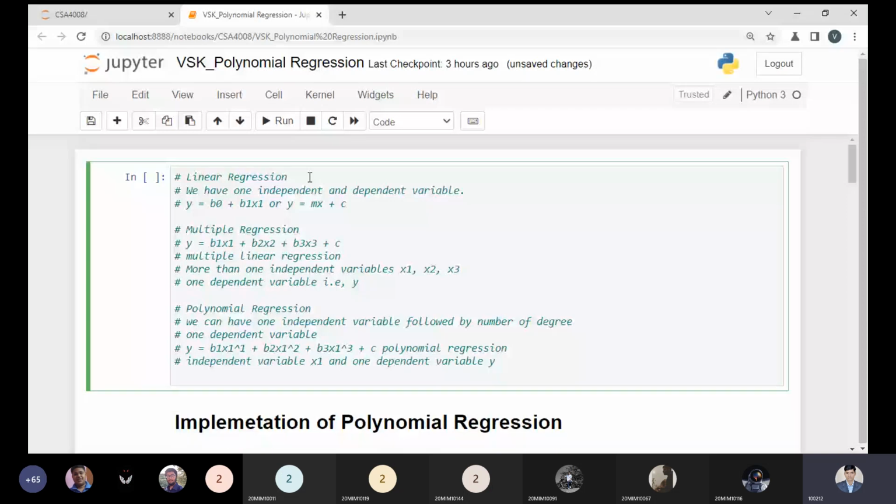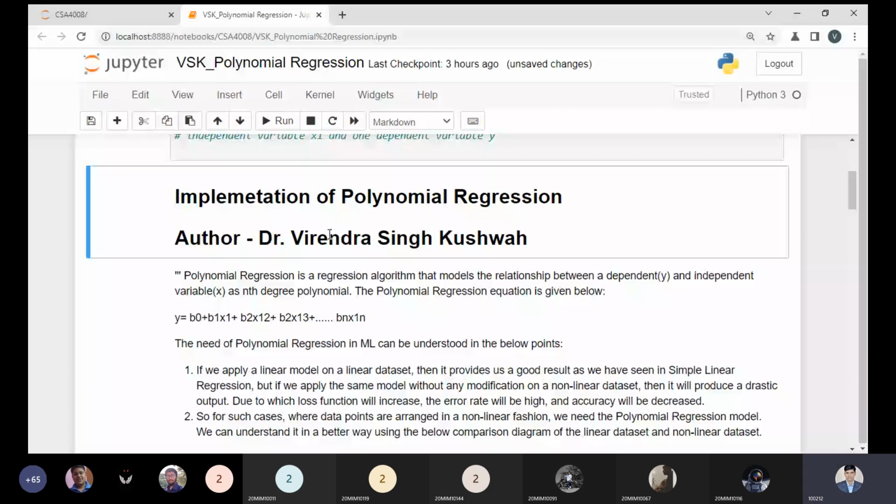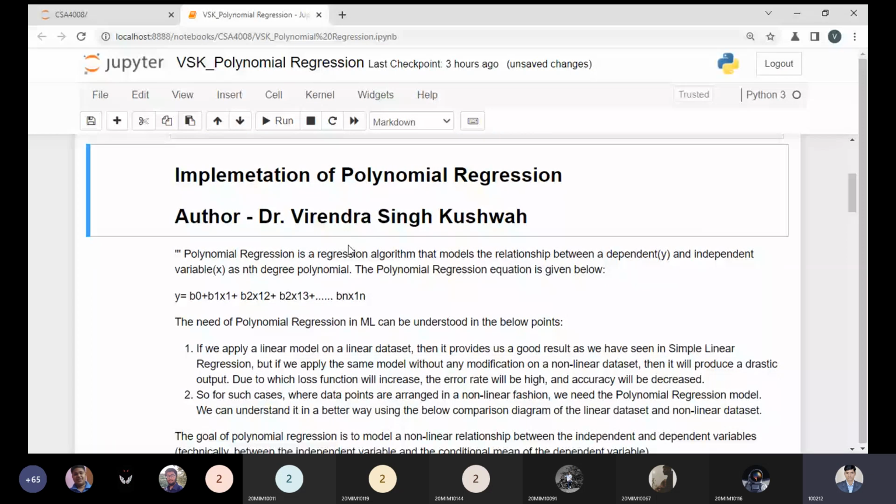Now, is it clear to all right now? The theory part is clear from the first part. Is it clear? Yes, sir. And that is a little bit of difference we have to understand. After this point, let me execute this code in front of you and let us start the implementation part over here. The theory I have already posted for notes purpose. You can utilize the theory portion from this point as notes. So let us move to our implementation of the polynomial regression.